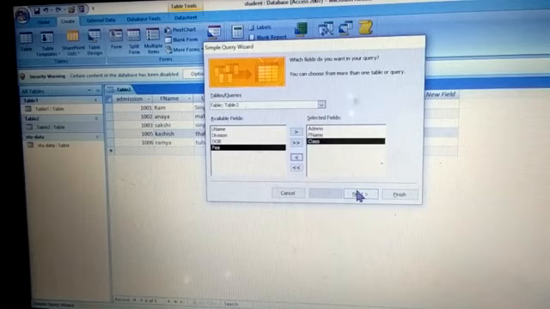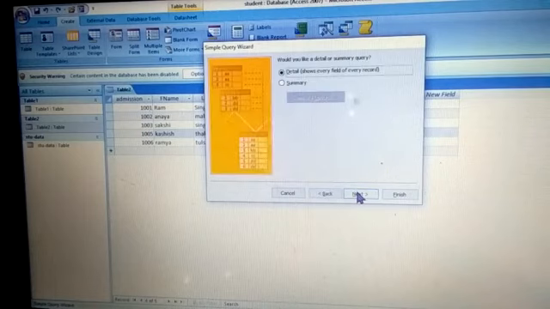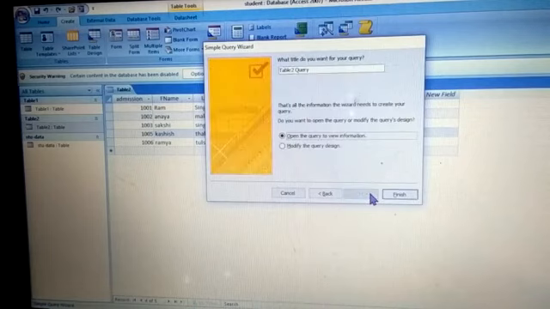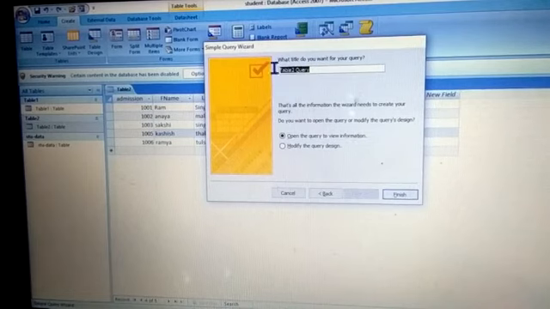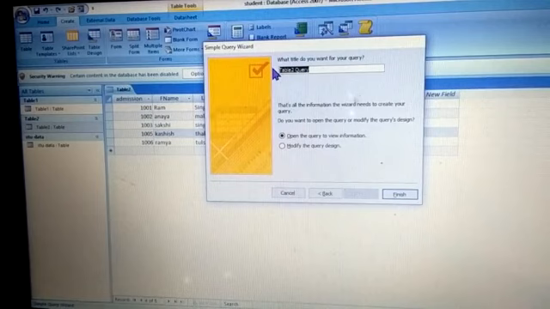After selecting the fields, I will click on next, and it will ask, would you like a detail or summary query? Detail. Fine. Next, as you click on next, children, and finish. See, you can change the name also here. Whatever name you want to keep for this query, you can write here and it will be created with that query name.